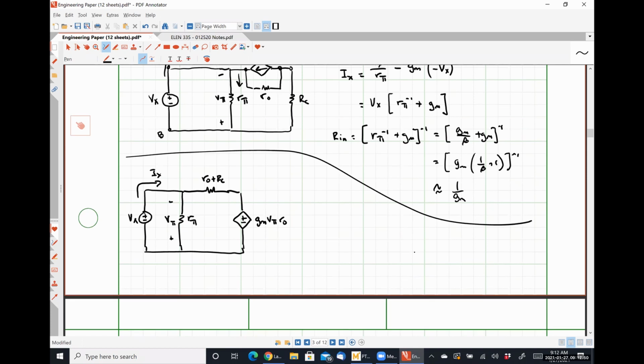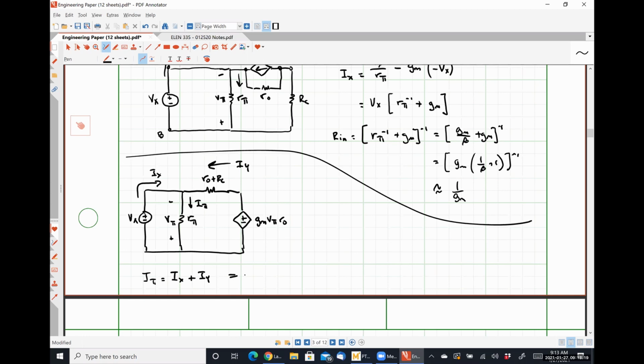So I'm going to have this current, let's call it Iy for the sake of argument. And I know that this current, let's call it I pi for the sake of argument, flowing through that guy, right? So I know that I pi is equal to Ix plus Iy,